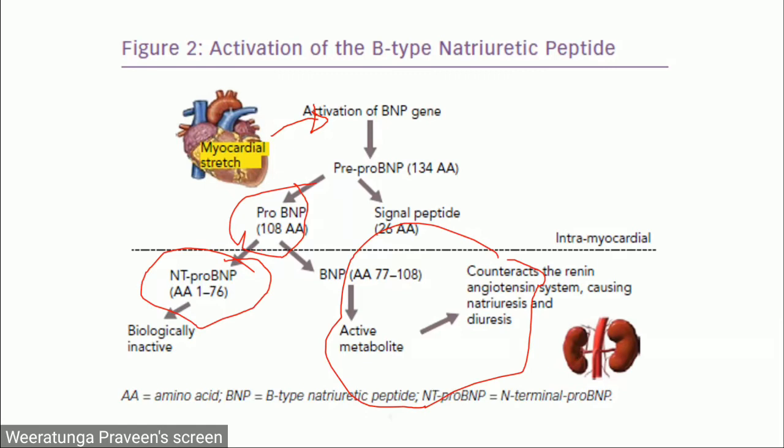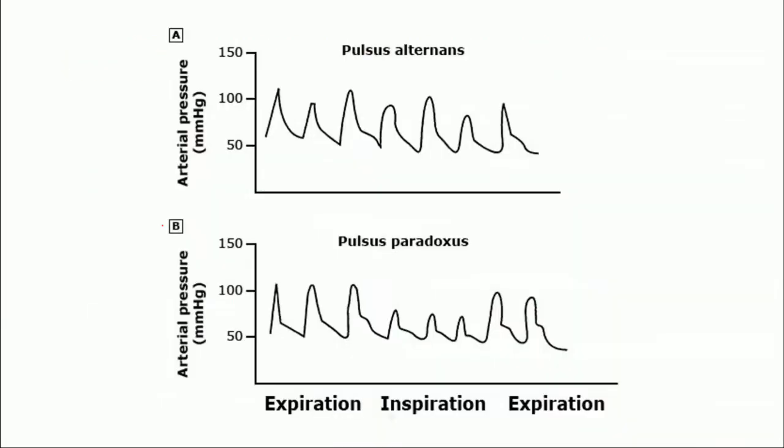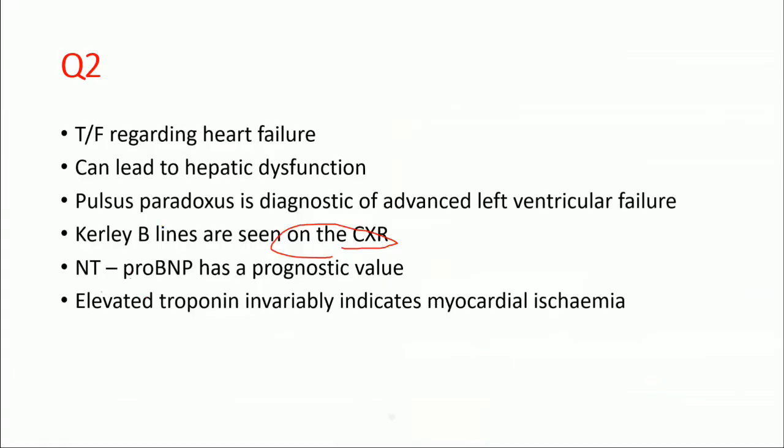Also, another important fact to remember is that the higher the NT-proBNP, that gives you a prognosis benefit, right? So the worse the heart failure, the more the NT-proBNP, right? Because it is sort of trying very hard to counteract this renin-angiotensin mechanism, right? So higher the NT-proBNP, the more severe the heart failure and the poorer the prognosis, right? So NT-proBNP has a prognostic value. That is true,